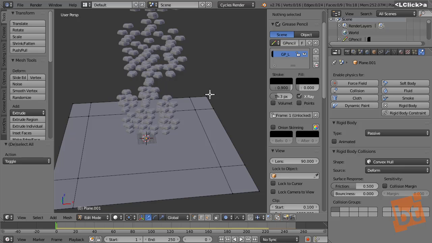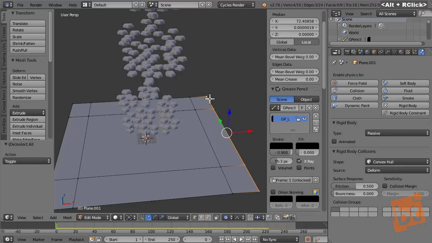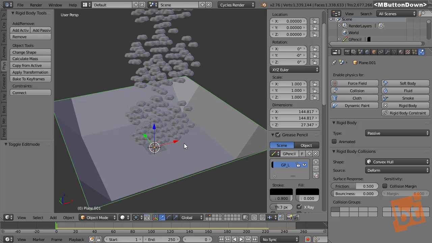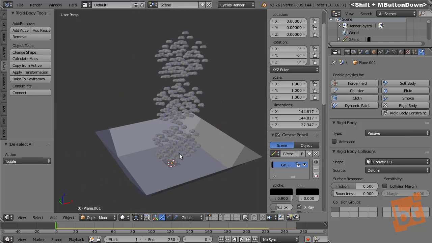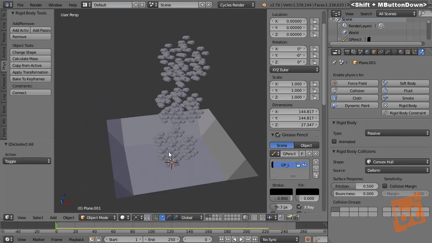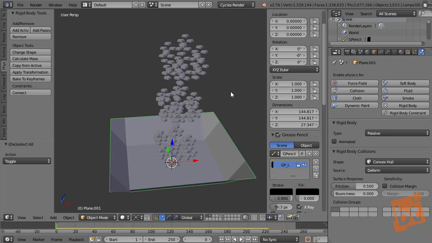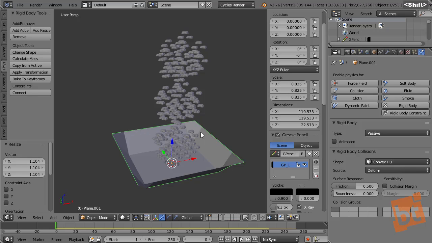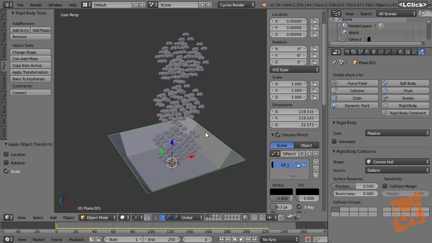There we go. And now I'm going to press Alt and right mouse button twice to select this outer border and move it up. So with this we will have our recipient to contain all these chocolates, and we can even make it smaller, or maybe a little bigger. Press Ctrl A to apply the scale,